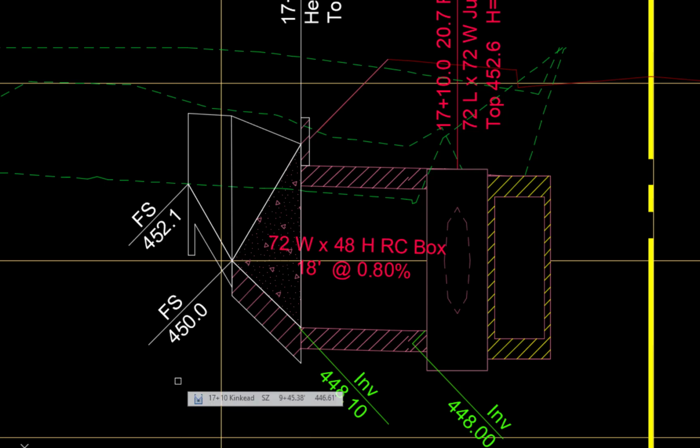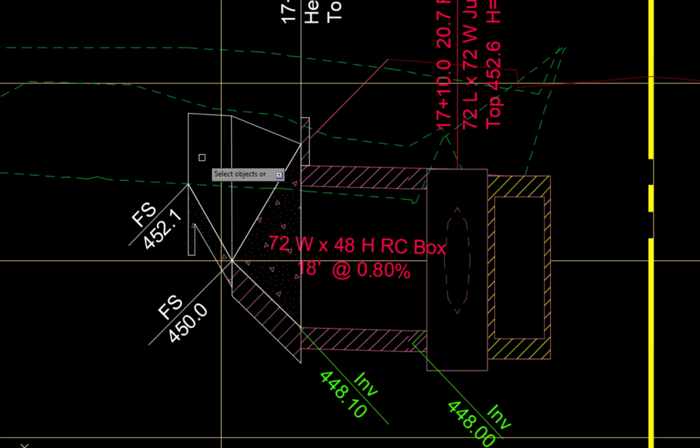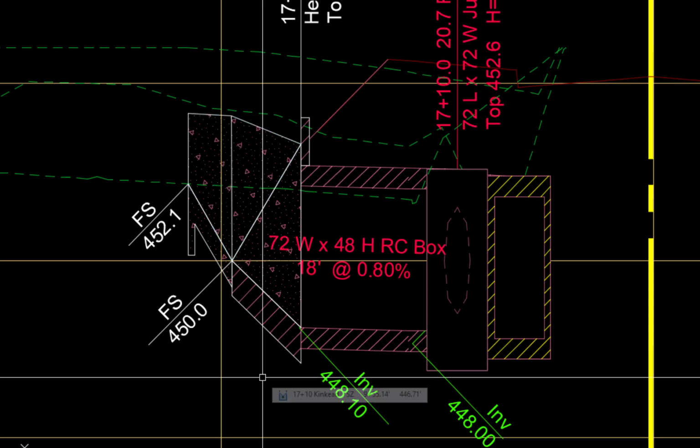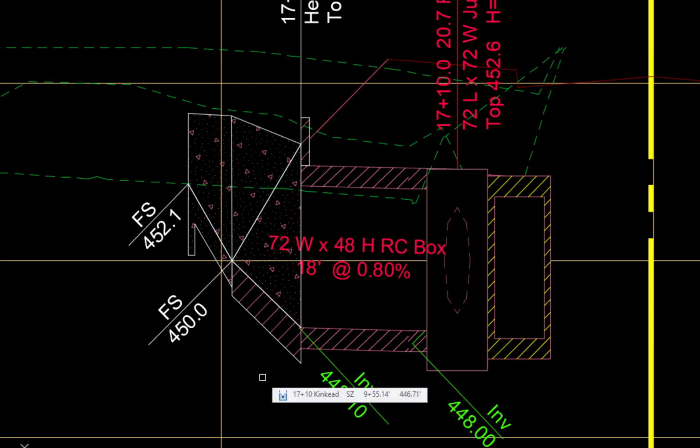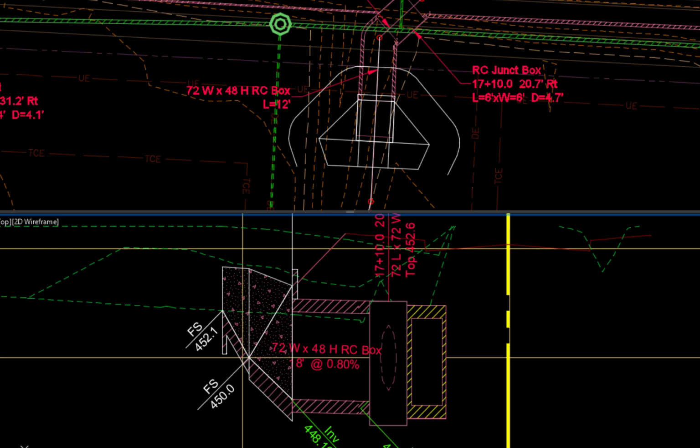Enter to start the hatch command. Pick the slope paving bottom. Escape. Hatch to restart the command. Pick the slope paving face. Enter. Enter to start the match command. Pick the wing wall foundation hatching. OK. The profile and plan views are used to determine the limits of the concrete slope paving and the limits